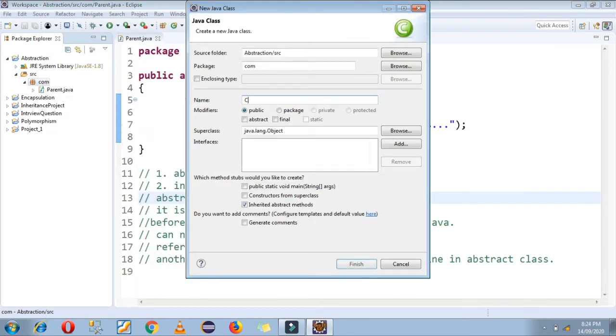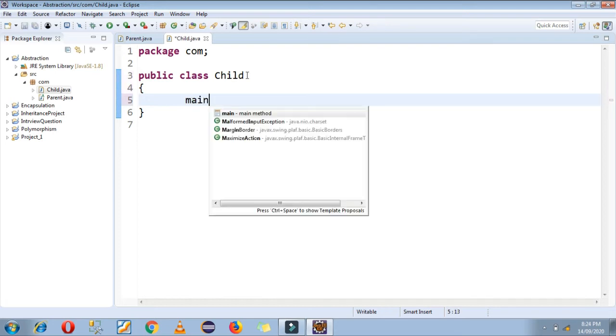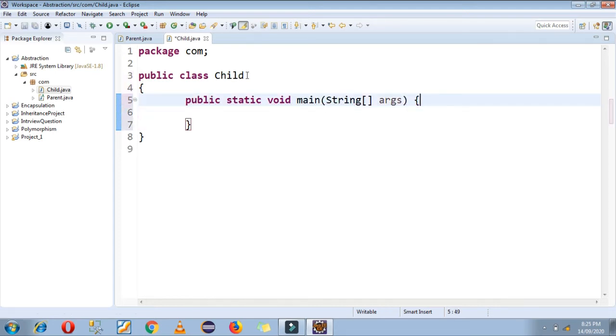Now I am going to create another class, suppose Child. In this, I am simply writing the main function. And now here I am trying to create an object of Parent. Let's check, will the JVM allow me to create an object of Parent or not?